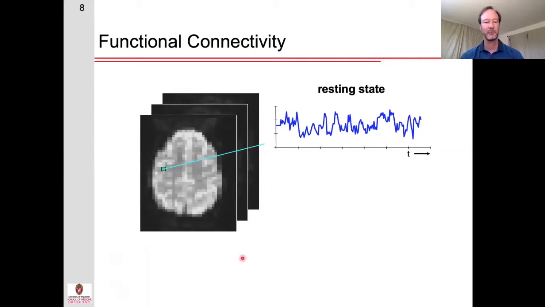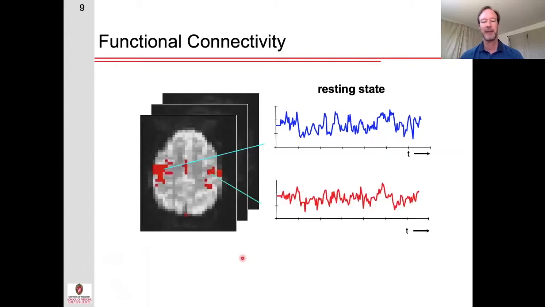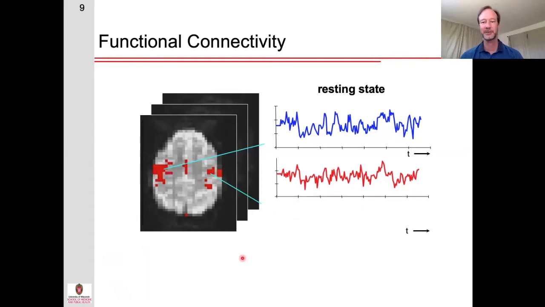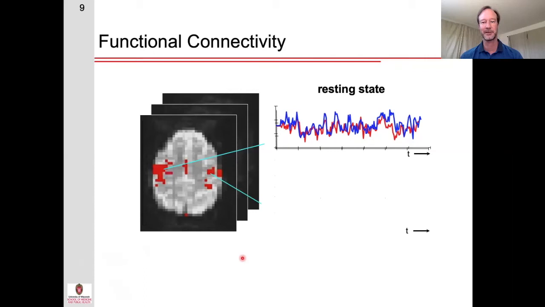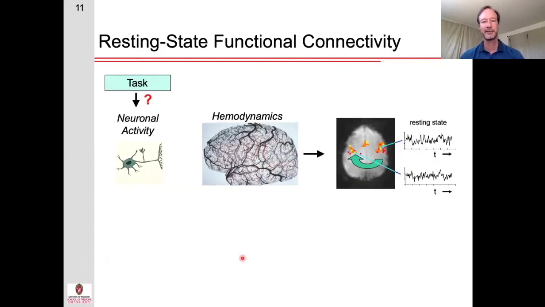And if we ask what other areas in the brain have similar fluctuations, this is the map that we come up with. As you can see, it looks very similar to that motor cortex map that I showed on the previous slide. And if you overlap these two fluctuations, you actually notice that there are some similarities between them. So the idea is, in addition to task-related neural activity, there is spontaneous neural activity that co-activates within these different networks. These also produce BOLD responses that we can detect with MRI.